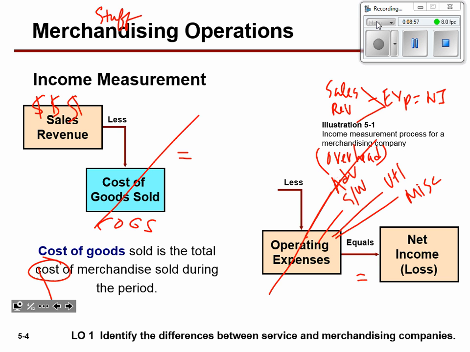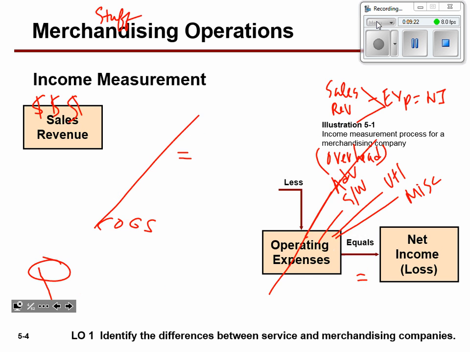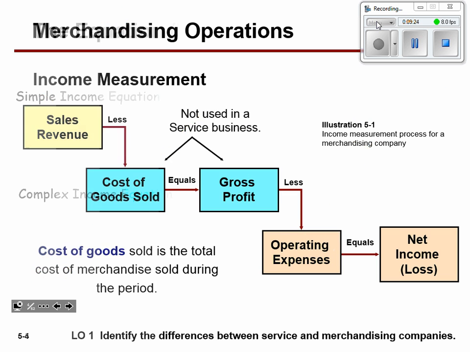If I go back here a minute, when you buy in bulk, what does that usually do to your COGS? Brings it down. They often offer discounts. The more you buy, they're going to give you deals. You've got to have an infrastructure to be able to handle storing all that bulk. But a lot of times it's financially worth it.